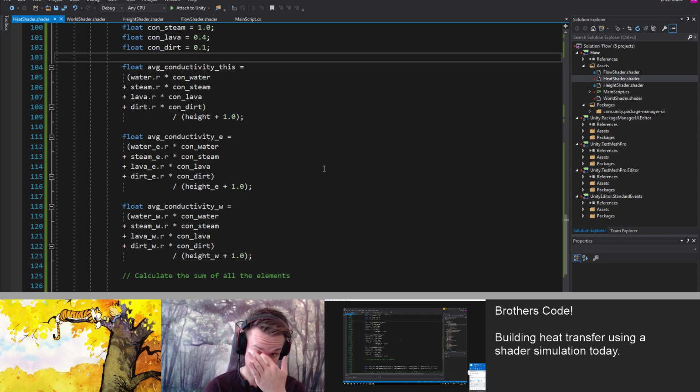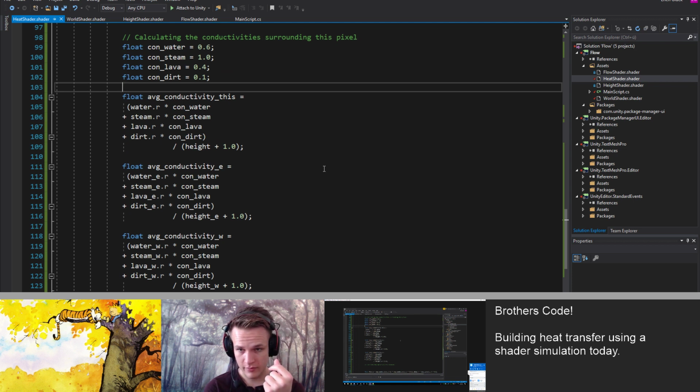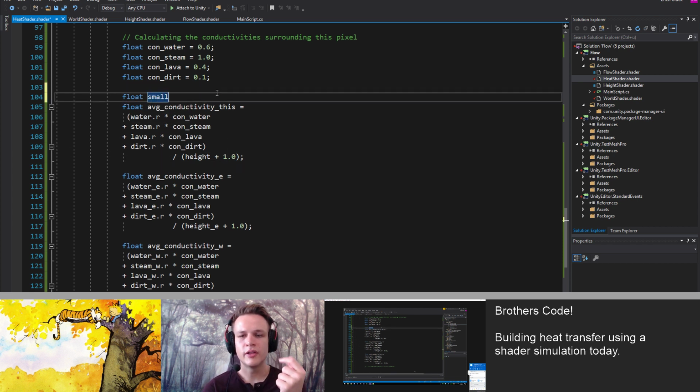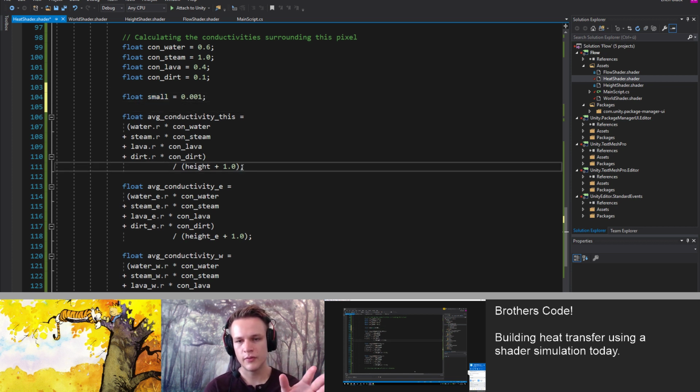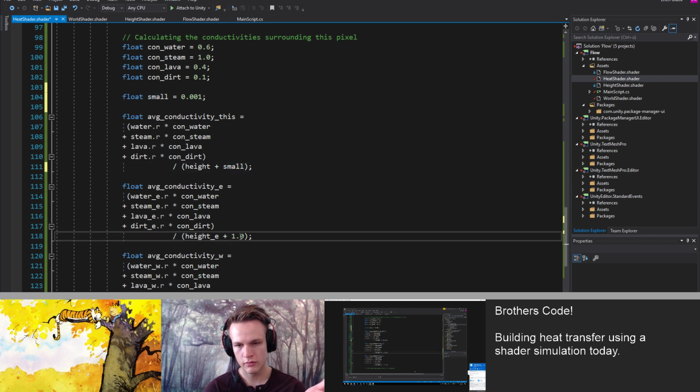So in the shader here, you must be having a small value divided by an insanely small value. Like if height is 0, well, plus our 0.001, but maybe that's just too small. But that should only ever matter if the height is 0.